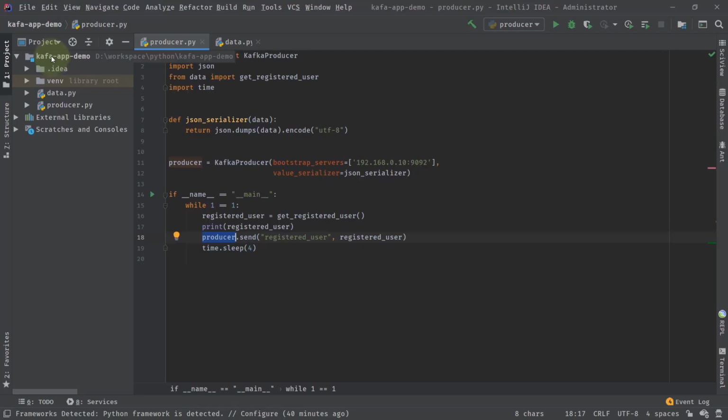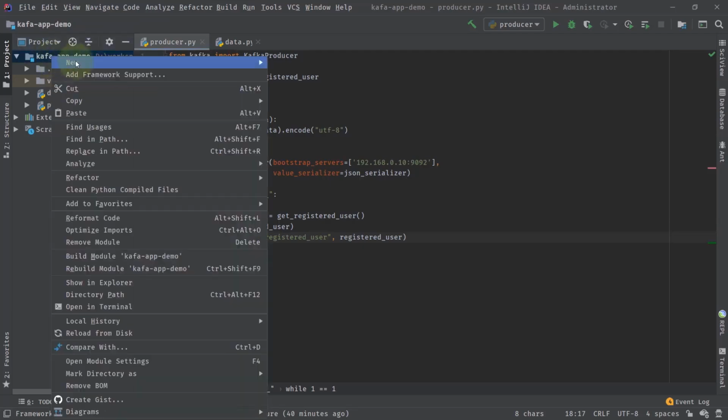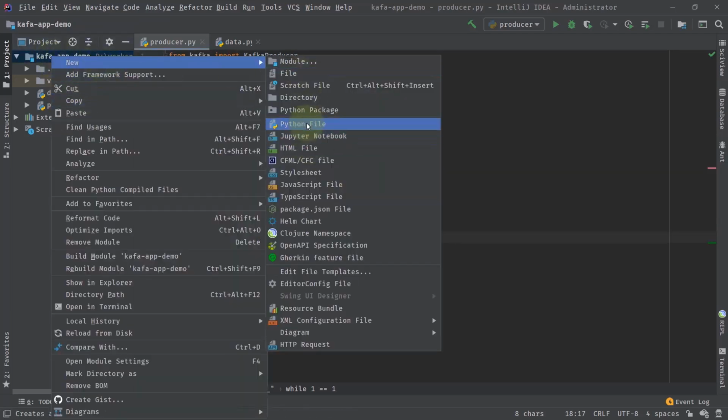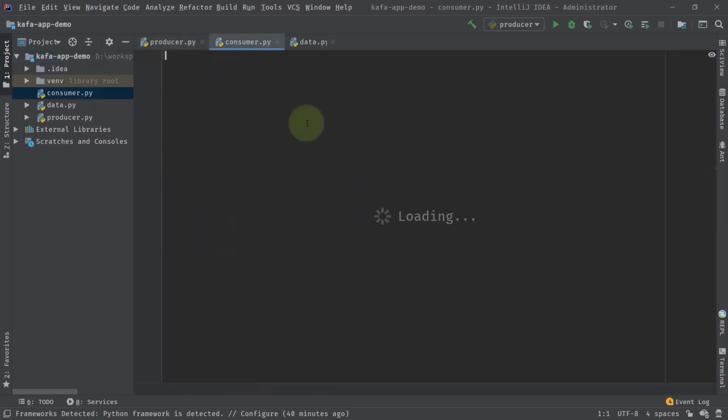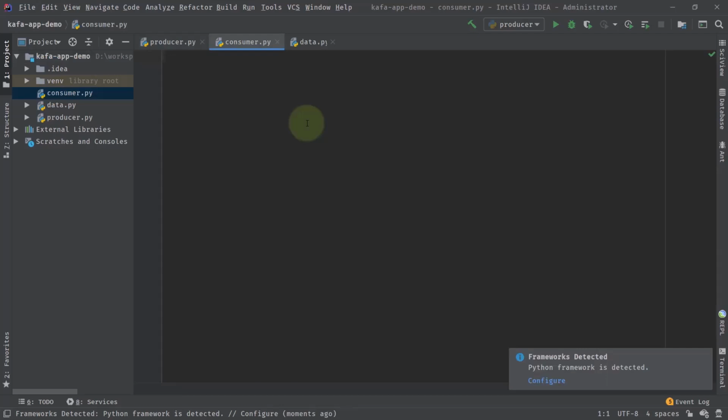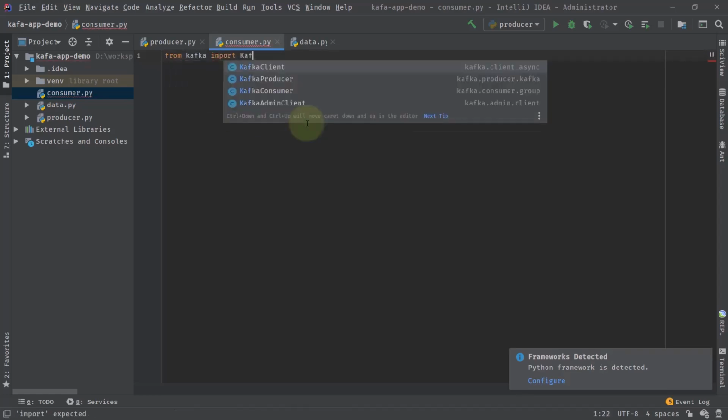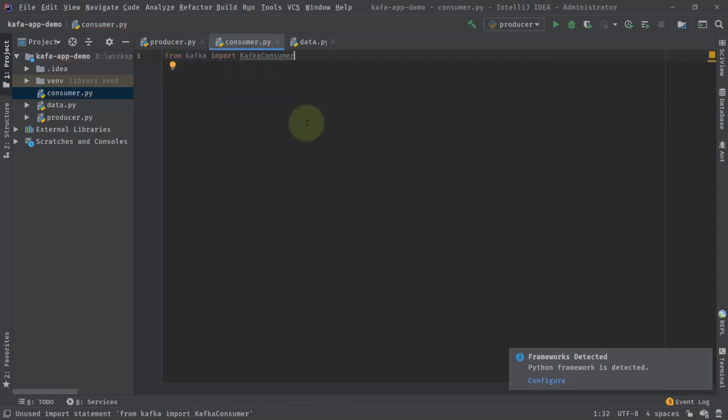Now I will write a new file here, the consumer. I'll create a new Python file and the name will be consumer.py. In here, I'm going to import the Kafka consumer. So I'll say from kafka import KafkaConsumer. Fine.